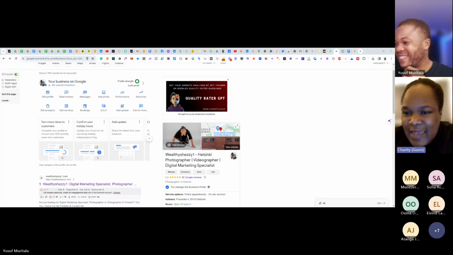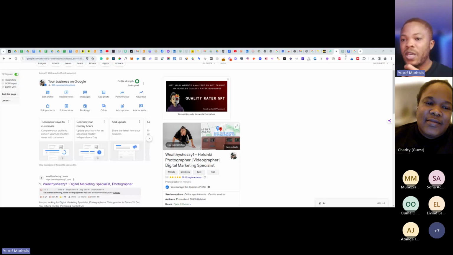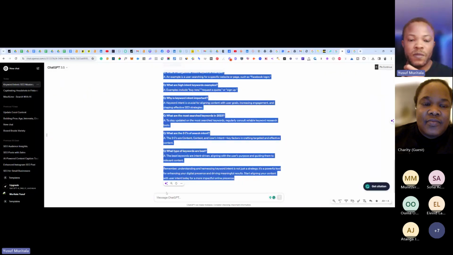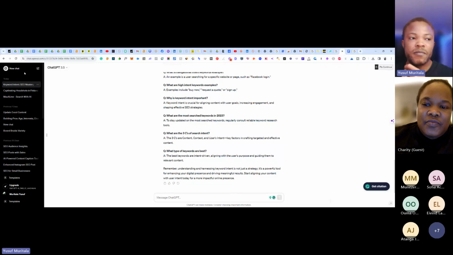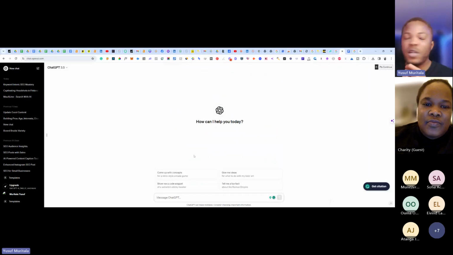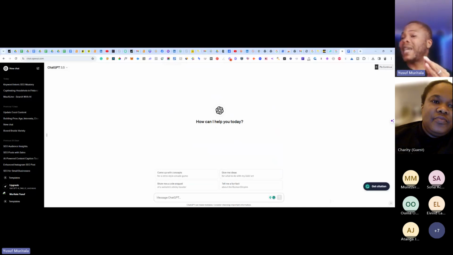So Jude is asking, can I use ChatGPT 3.5 to search keywords? Yeah, you can use it. You can use ChatGPT to give you keyword ideas. But I will not recommend it as your absolute tool for keywords because it's not connected to the internet. It doesn't have data. You understand? But there are some other tools that are connected to ChatGPT that give more data, so we can share some other tools later.